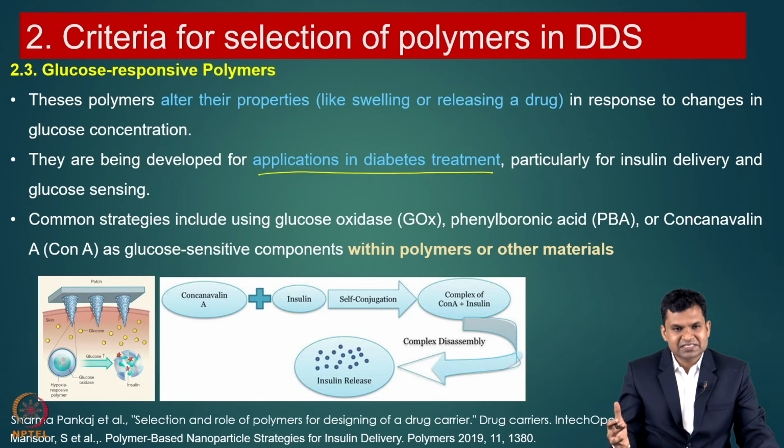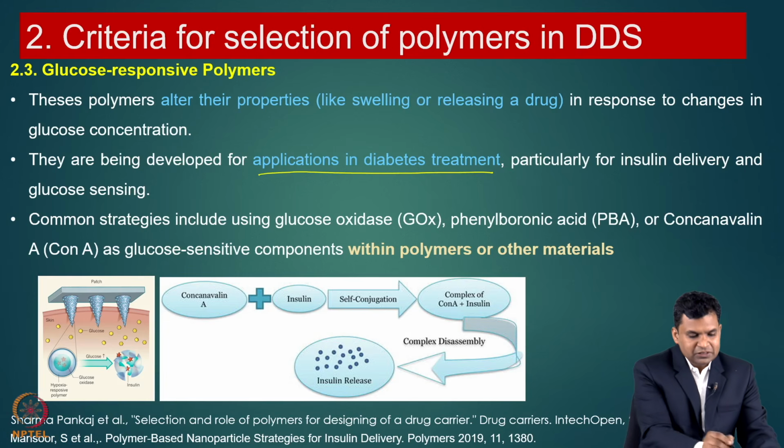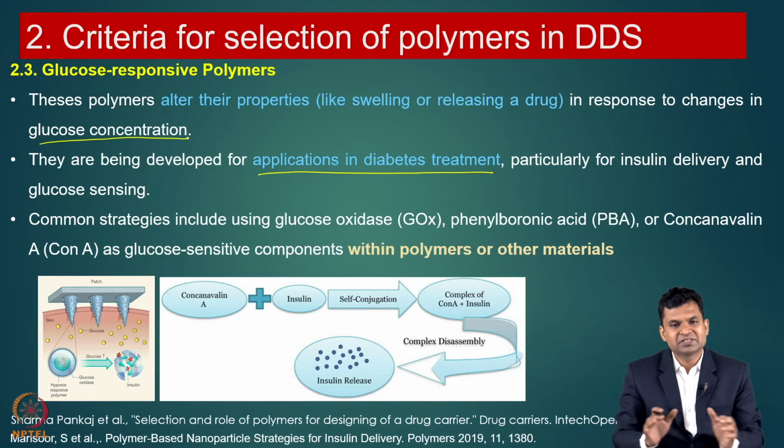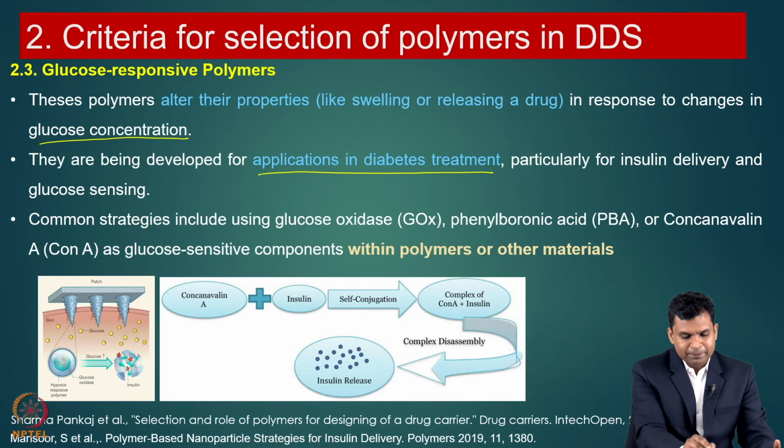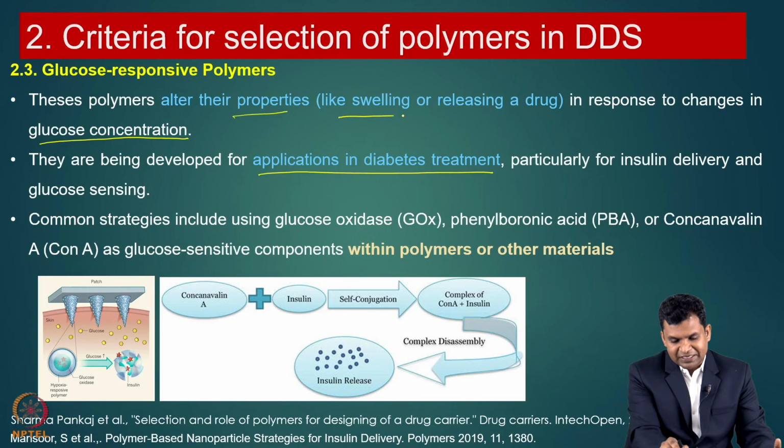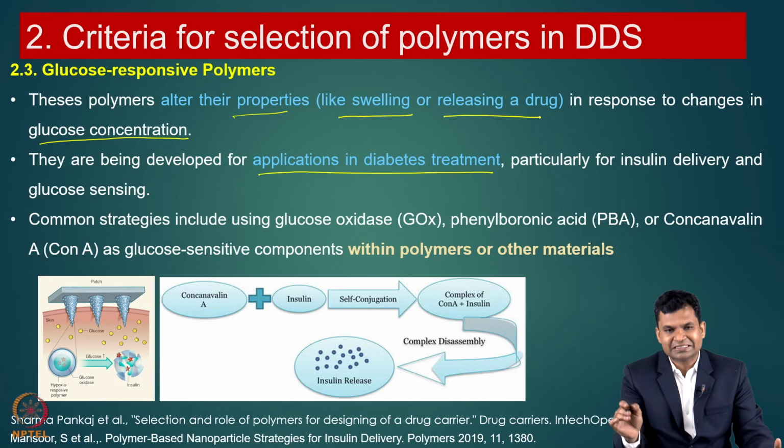So, in such cases to treat diabetes, we need to use such polymers. These polymers will respond to the concentration of the glucose present in the body. Once it is responded, it will alter their properties, undergo swelling, or release the drug from